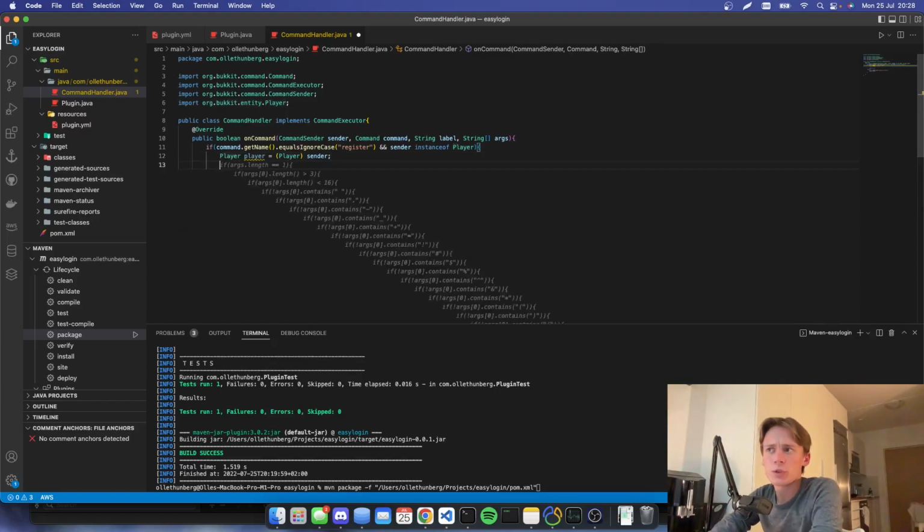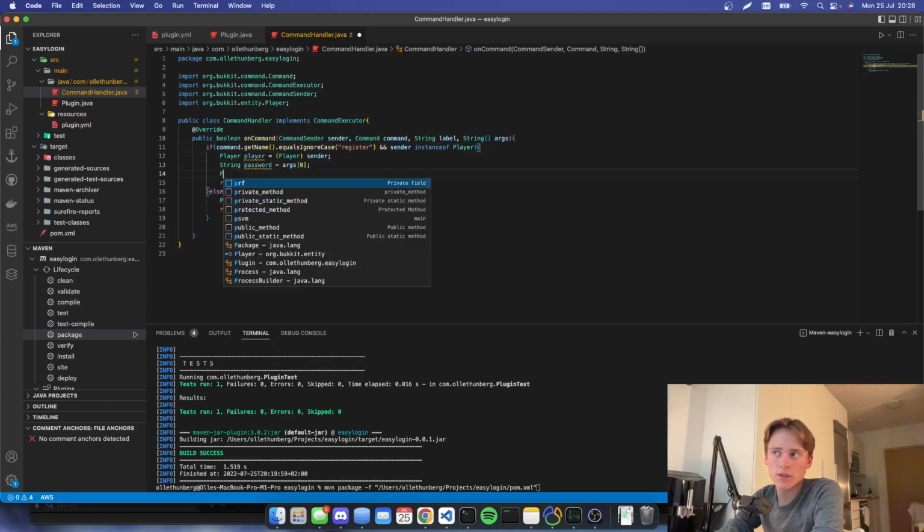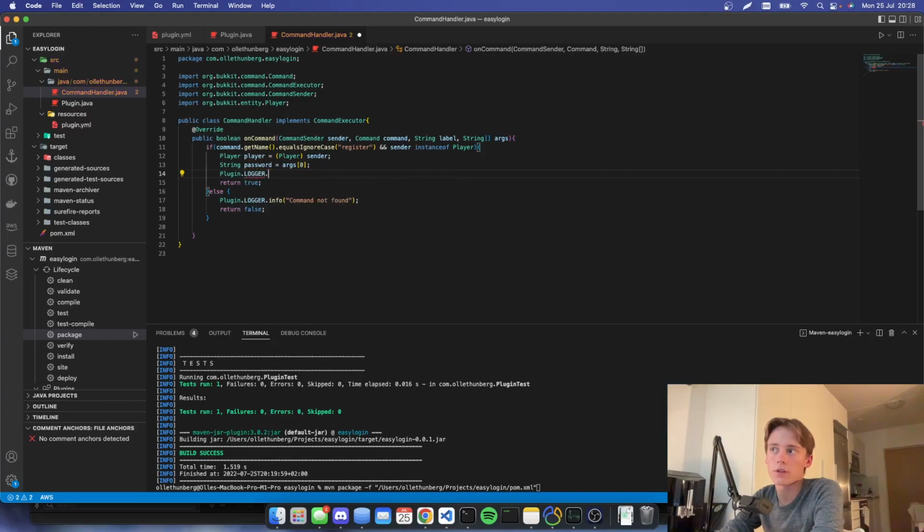So what we want to do is get the new password. We're gonna get the first argument as the password. So we're gonna do String password equals args[0], which means that the first argument that we pass to register will be our password. If we then log something, we can do plugin.logger.info, and we will do